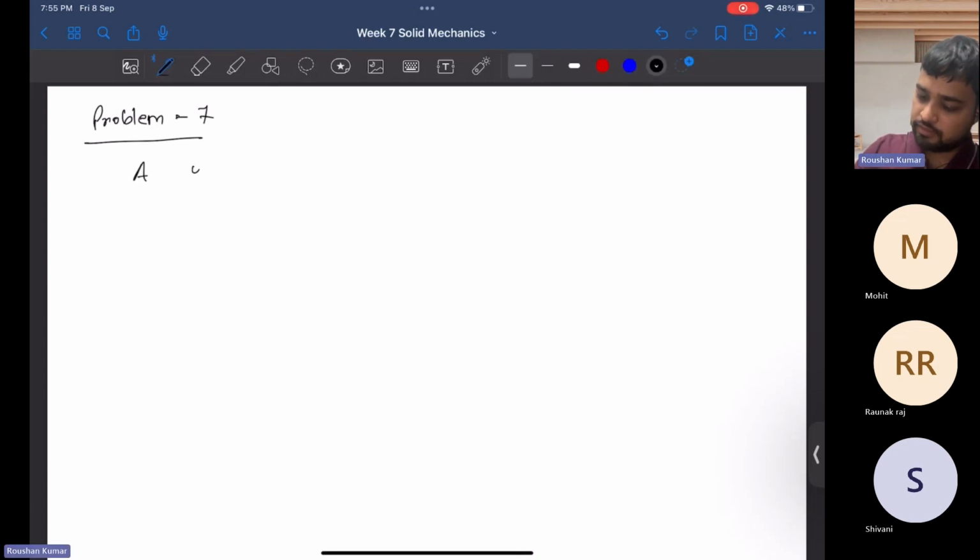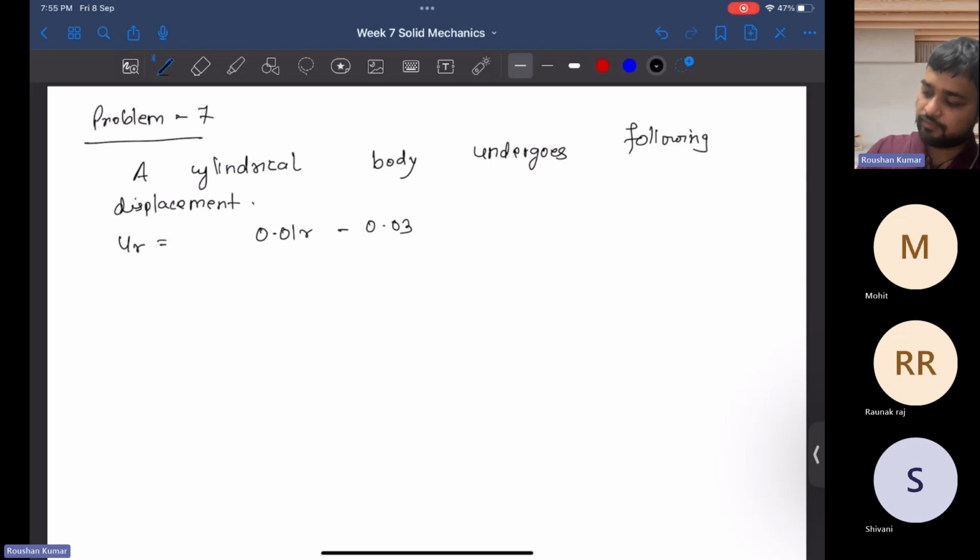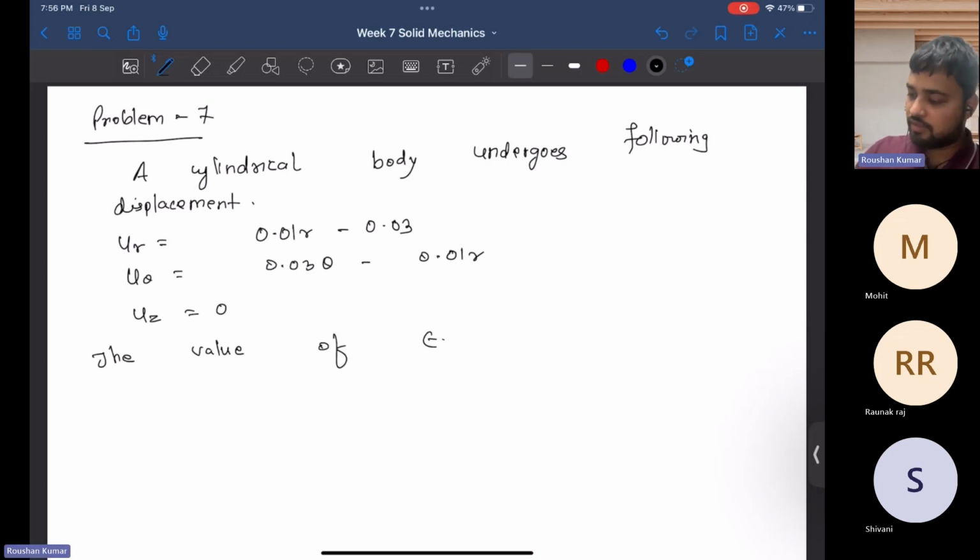A cylindrical body undergoes the following displacement: U r equals 0.01 r minus 0.03, U theta equals 0.03 theta minus 0.01 r, and U z equals 0. So the value of epsilon theta theta will be,